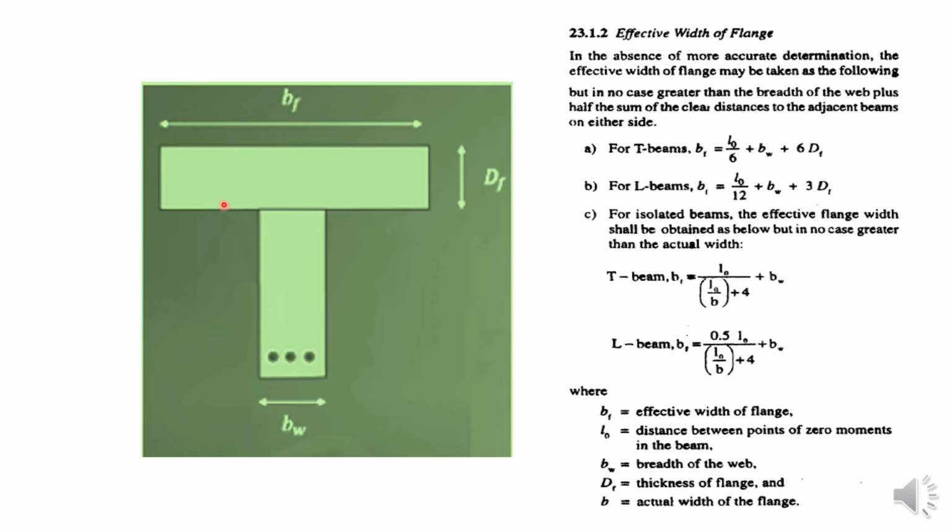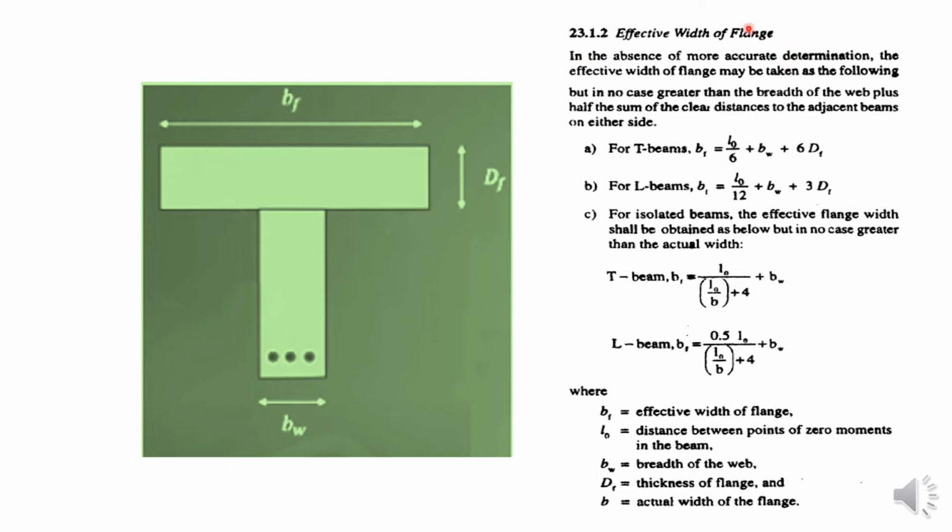Let us see about the T-beam section and the codal provisions, what the code says. This is the actual T-beam. Depth of the flange is called DF and width of the flange is called BF. BW is the width of the web portion. This is the web portion. From IS 456:2000